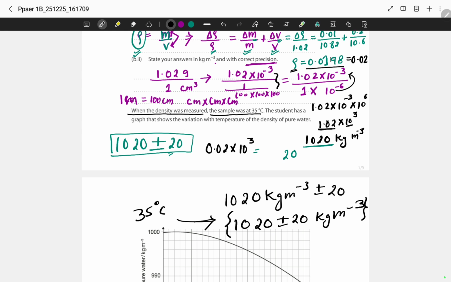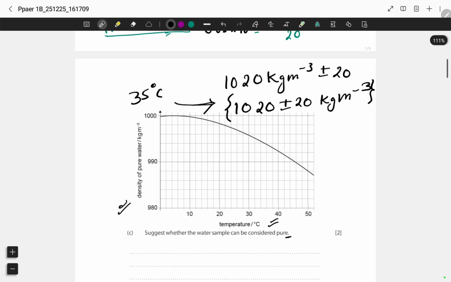According to our calculation, the density at 35 degrees Celsius should be this. Now let us see what the graph shows. I will find the density exactly at 35 degrees Celsius. This is 30 and this is 40. Somewhere exactly at the mid will be 35. So around this point,